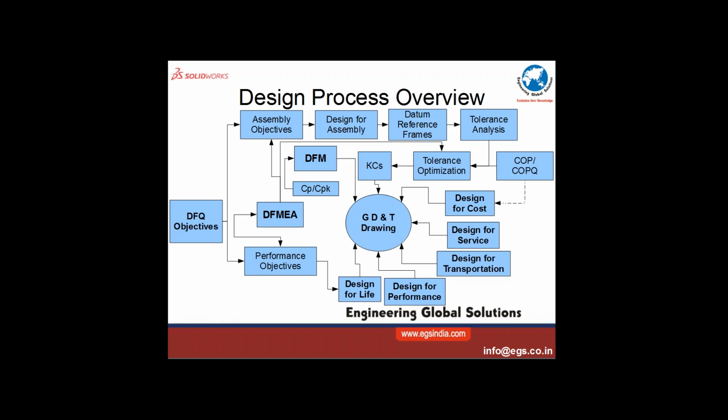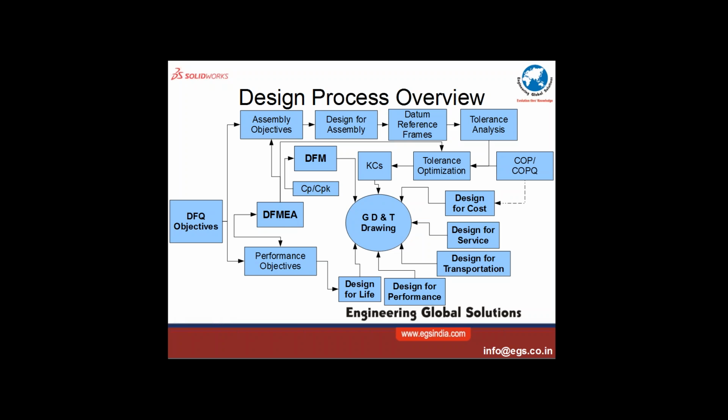We perform the tolerance analysis and use the cost of precision and cost of poor quality inputs with the design for cost and do the tolerance optimization. The inputs for the tolerance optimization across multiple DFQs come from your DFMA in terms of the risk priority numbers provided there to classify the criticality into critical, essential, and desirable characteristics, and these get translated into the key characteristics that get put on